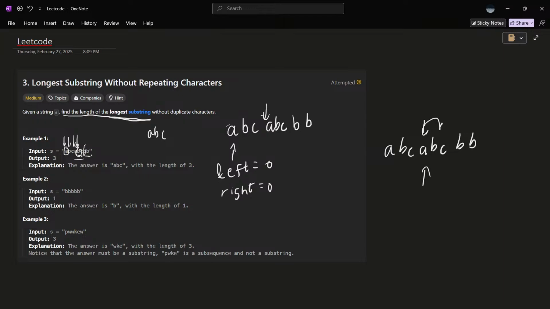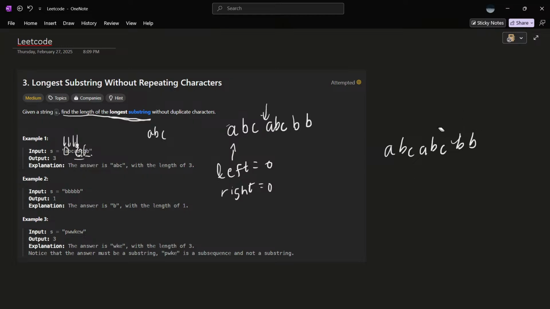Then you do the same thing. Move. So this pointer's here. This goes over here. You're like, okay, this is equal. So you move the pointer here. And then when you're moving this, every time you move it, you keep track of the length. And if the length is bigger, you keep updating it. So if I had to write some pseudocode for this, the way I'd write it is,